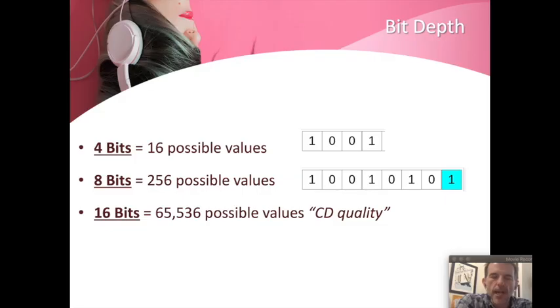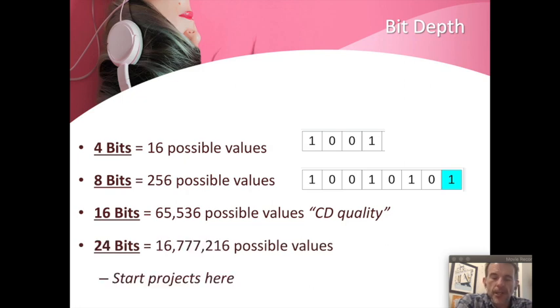If we have 16, now we're in CD quality. We have 65,000 possible values, and if we go to 24-bit, which is generally where you'll start your projects, you have over 16 million possible values. So there is an incredible bang for the buck going from 16 to a 24-bit project in terms of dynamic